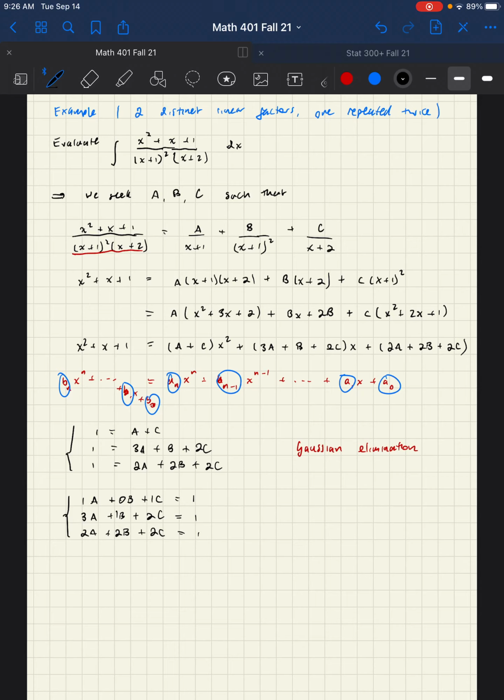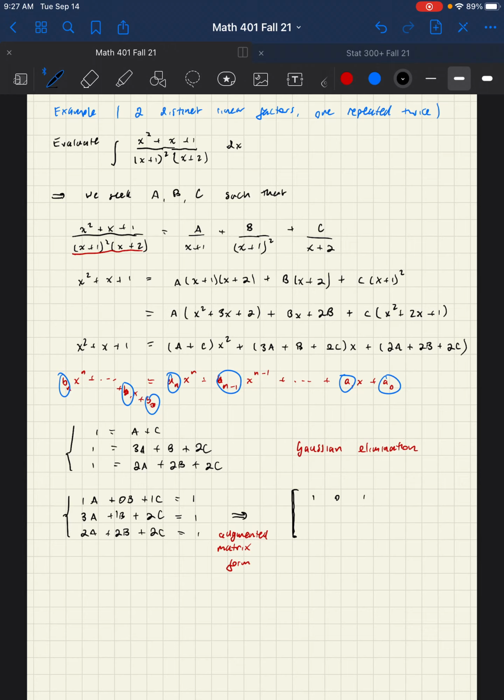So here's the point. We're going to represent this in matrix form. Okay, so matrix, and actually we call this the augmented matrix form. The names aren't terribly important at this point. Like I said, we're not holding you responsible for learning this, but this is the idea. So I'm going to represent this as